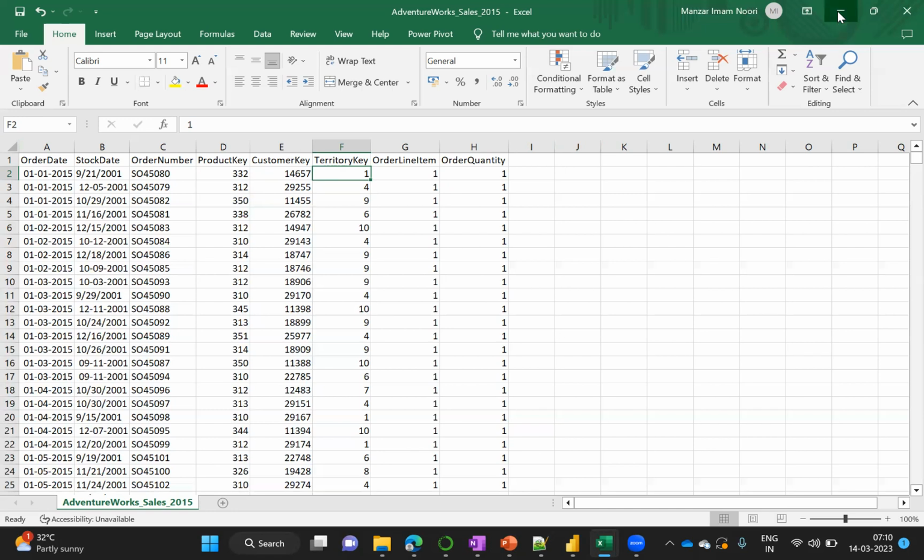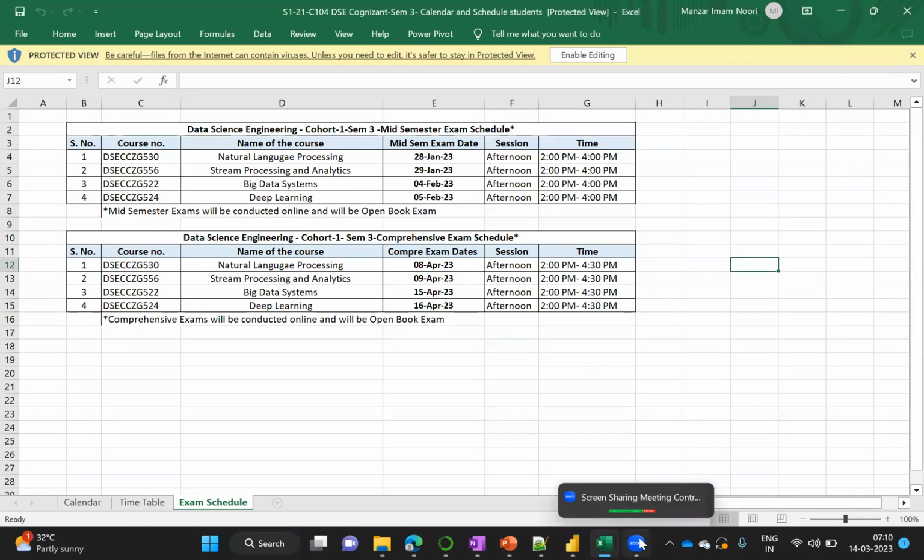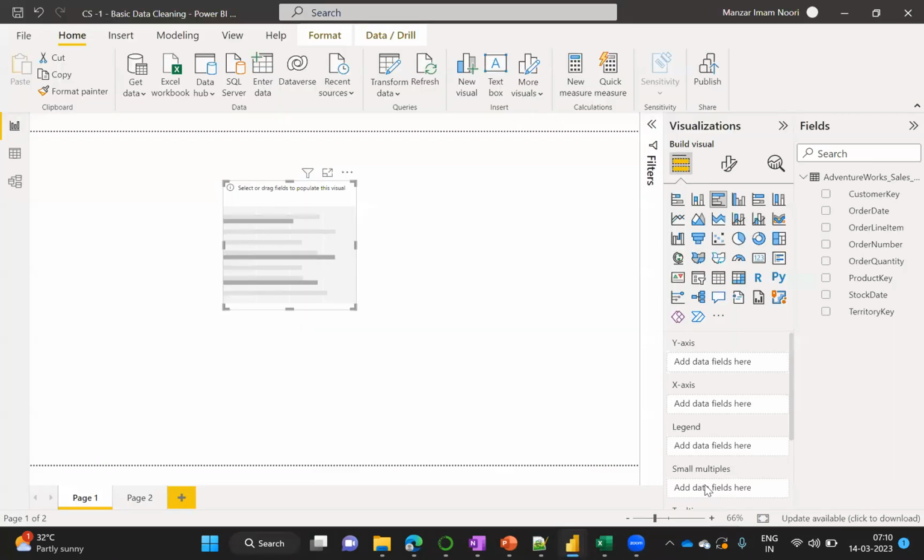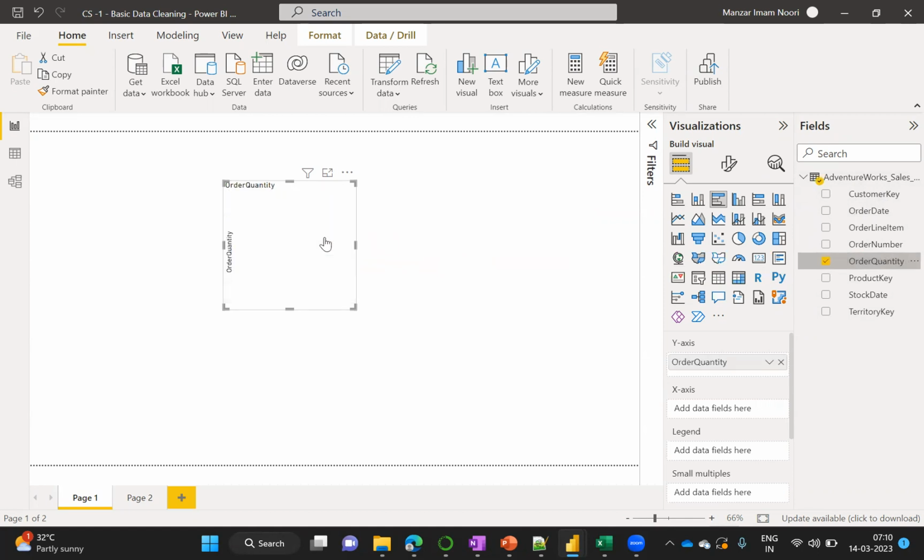For now, we are just trying to understand what we are trying to do with Power BI, right? So here we are trying to get some insight on the orders, number of orders, right? And here we have the order date and quantity. So let's check the total quantity we want to see. What you just need to do is drag and drop, and you get the